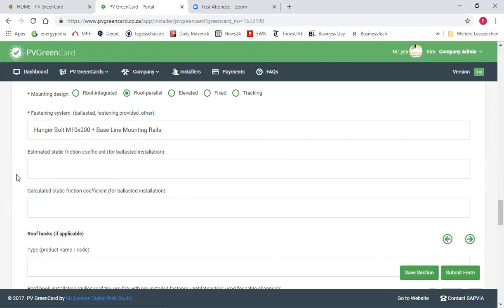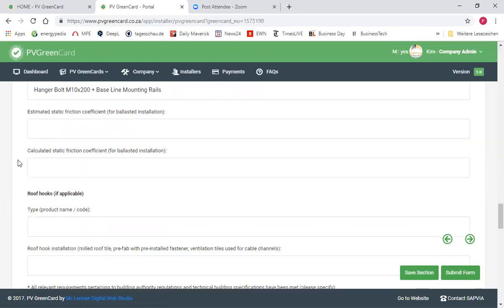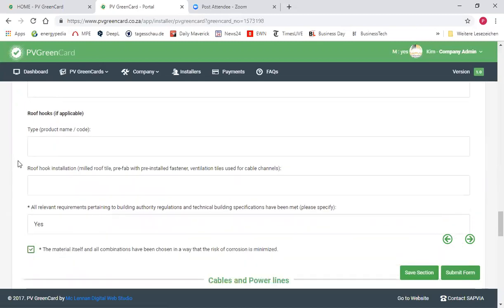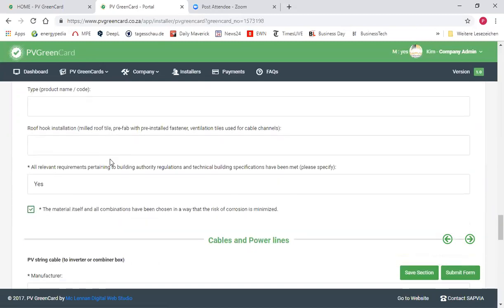This is something that we've seen several times, and of course this is something that we don't want to see repeatedly. In case there are roof hooks applied, which usually is the case with tiled roofs, then you can voluntarily